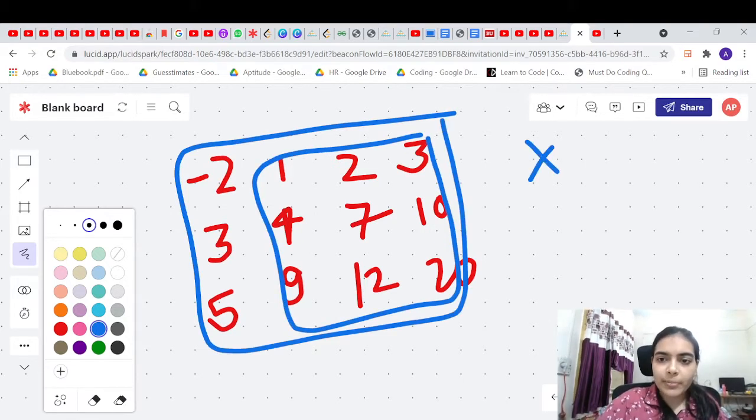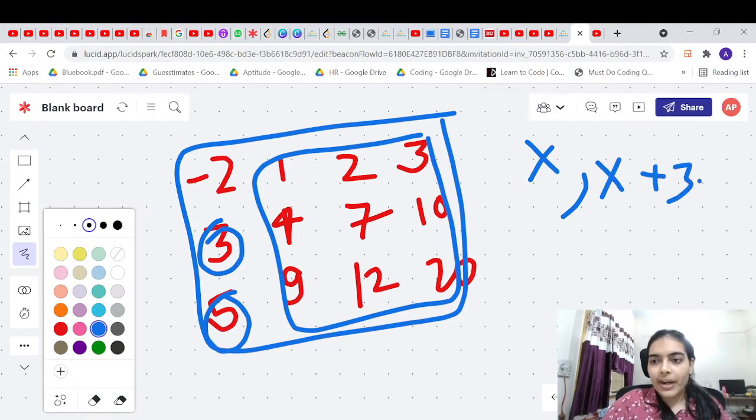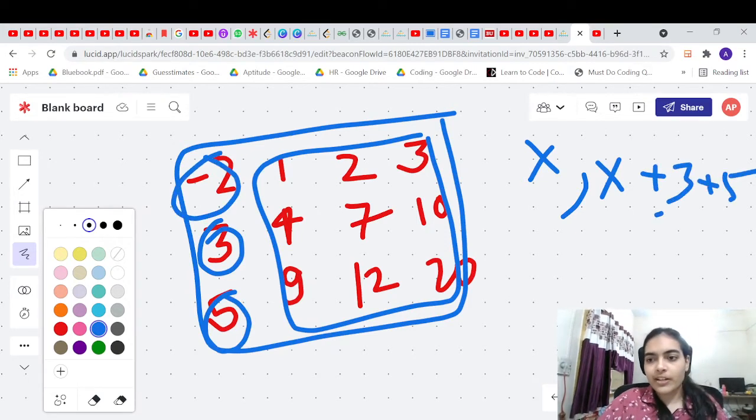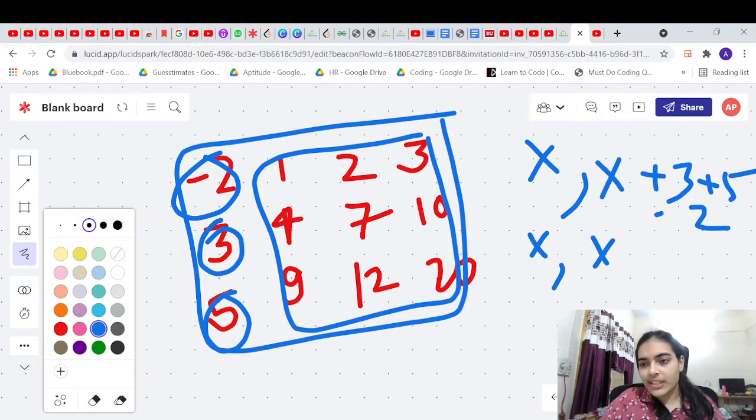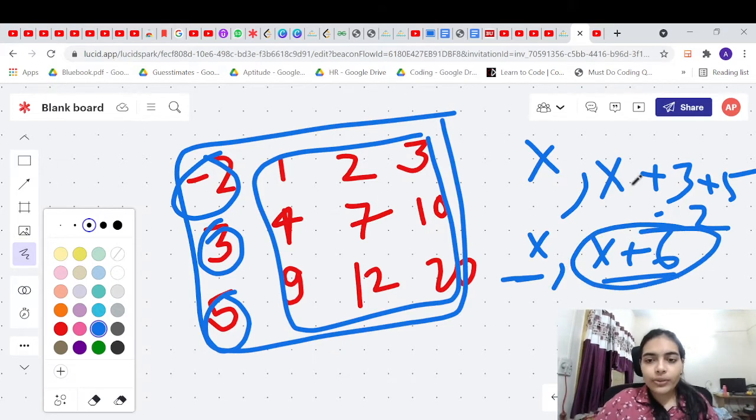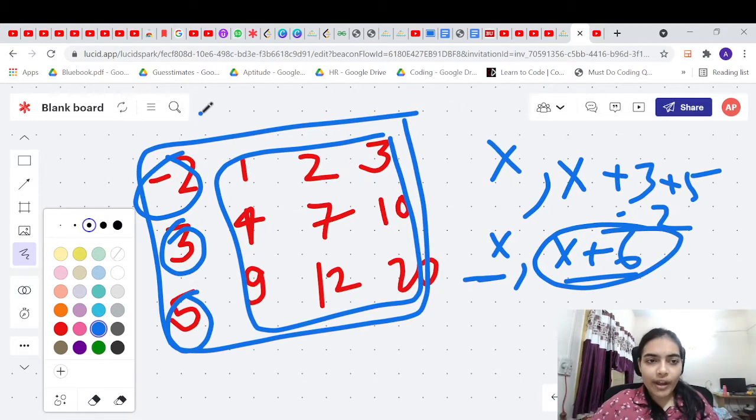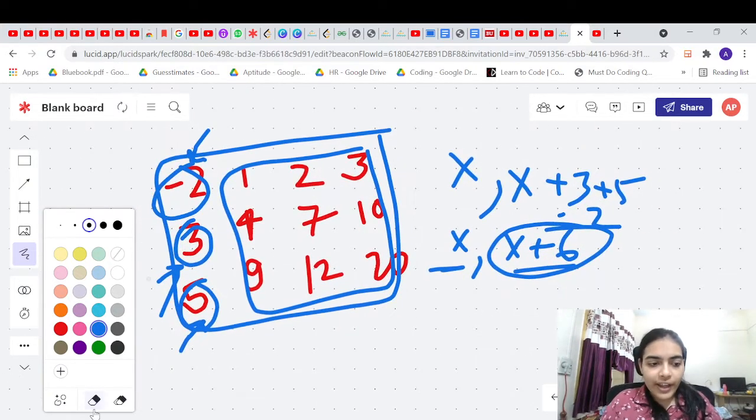I have to choose either between only x, or I get x plus 3 plus 5, but I lose 2 of my soldiers, so I get minus 2. Which is bigger? x plus 3 plus 5 minus 2. 5 plus 3 is 8, 8 minus 2 is 6, so x plus 6. So it is a better trade-off to bomb the entire region. Even though I will lose 2 of my soldiers, I will at least be killing 8 soldiers of the neighboring enemy, which is much more advantageous for me. So you will take this element when you are getting a better trade-off.